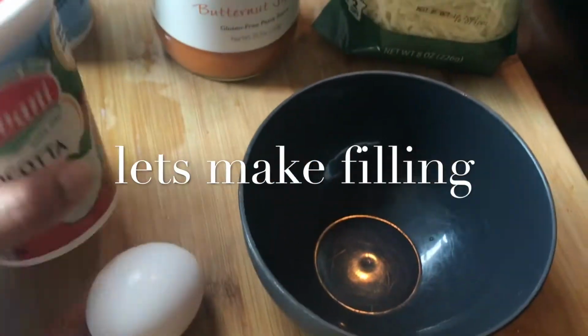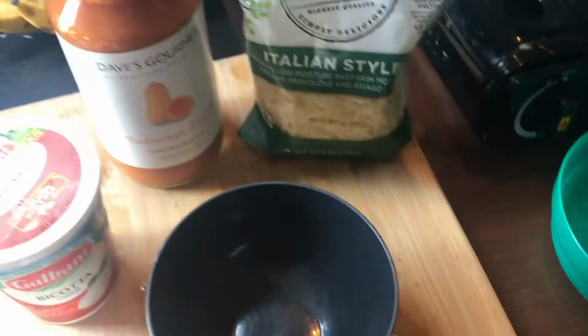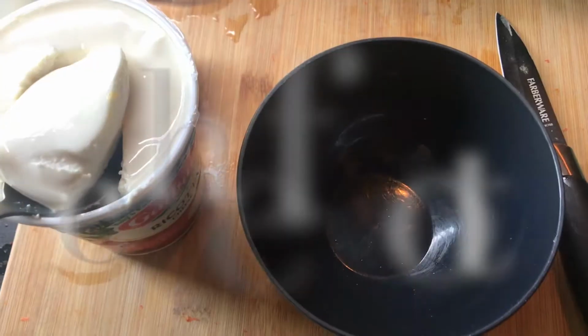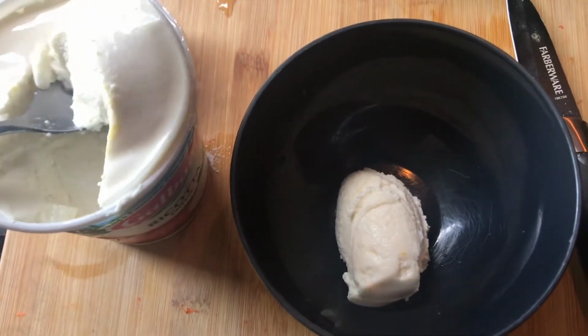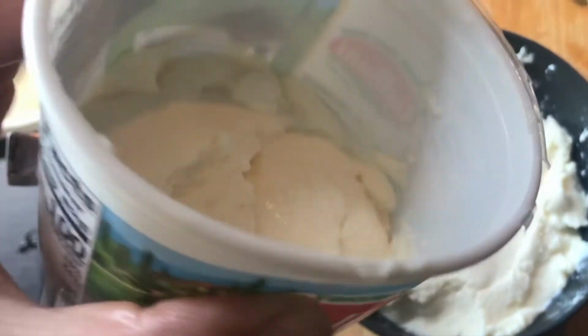Now we're gonna move on to make our filling. I'm gonna use 1 egg, some of this ricotta cheese, which is 15 ounces, some sea salt, some butternut squash pasta sauce, some Italian style cheese, and we're only using half of this container of ricotta because we're gonna make a second lasagna later. So just half of the container, as you can see,